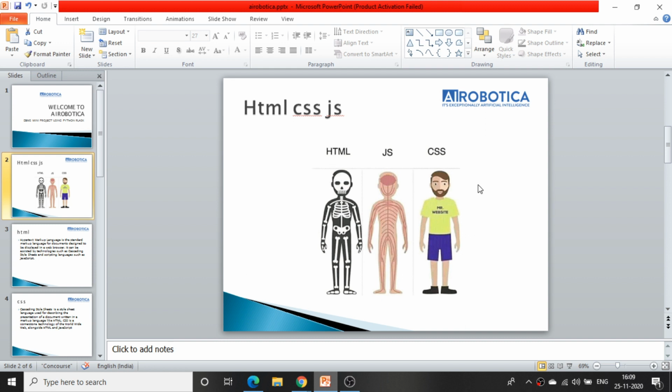What is CSS? CSS is where we provide colors, where we do the designing, and where we provide the positions to our website. That can be achieved by using CSS. JavaScript is something like a function which works automatically, whenever the function is called. It is optional. Take the example of a heart or blood which is working 24 hours. That comes under JavaScript.